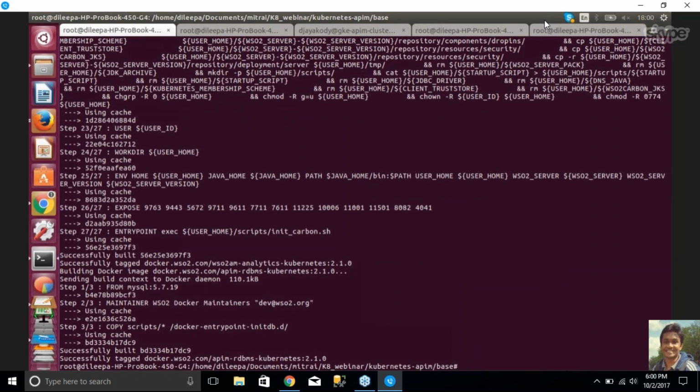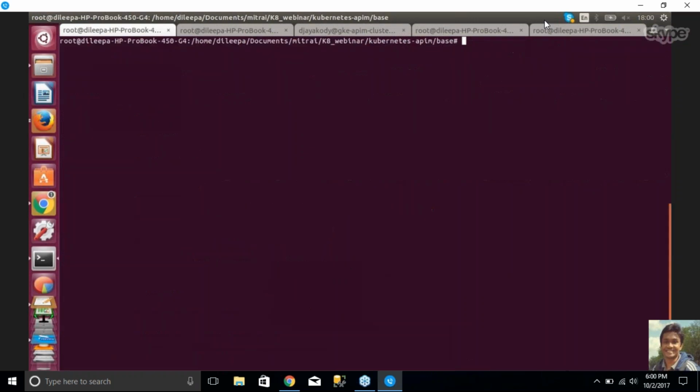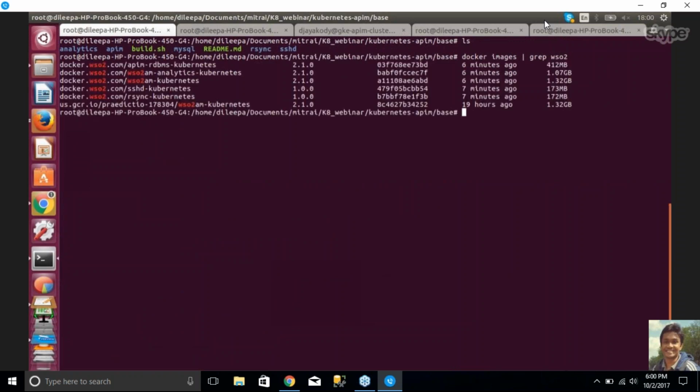So as you can see, we have successfully built our Docker images from the API Manager base images. If you run docker images, it lists all the Docker images with the WSO2 namespace, and you will see the artifacts that we created a few minutes ago. And you can basically Docker save these images into a tar file and SCP all the files